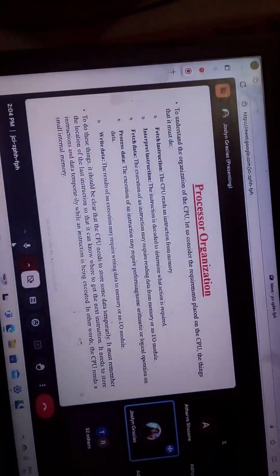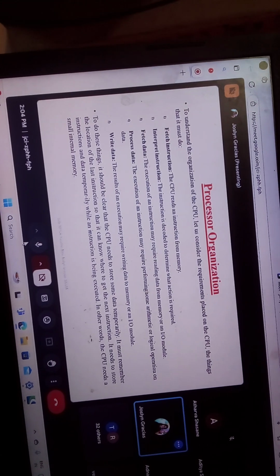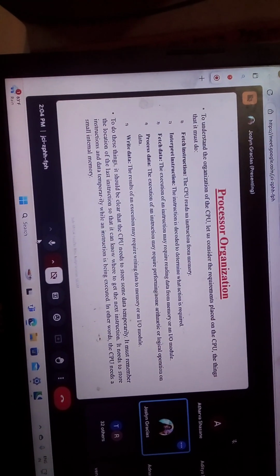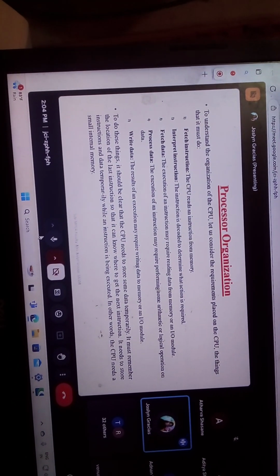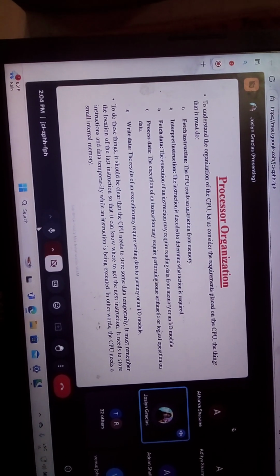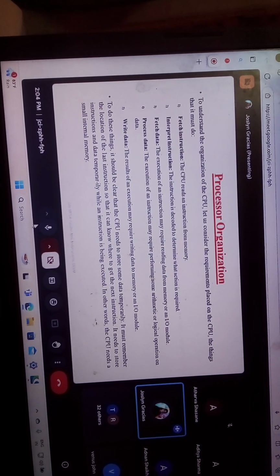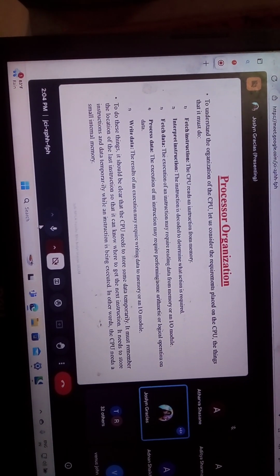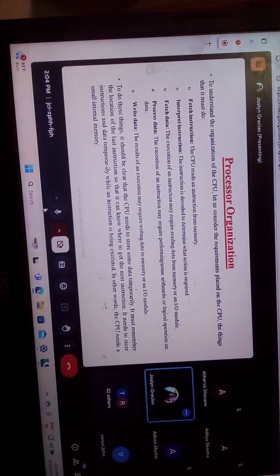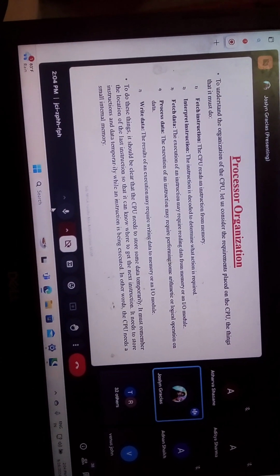Then it will ask for the data. It will fetch the data. Data मिलने के बाद उसको प्रोसेस करेगा और प्रोसेस करने के बाद आउटपुट देगा. हाँ, आउटपुट जहाँ पे भी उसको लिखना है, अक्यूमुलेटर में लिखना है या फिर मेमोरी में लिखना है, according to the instruction it will give the output. Okay, it will give the output.